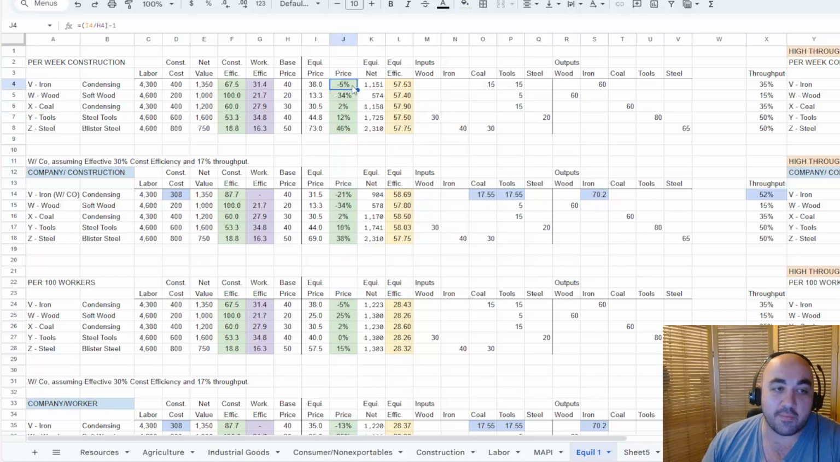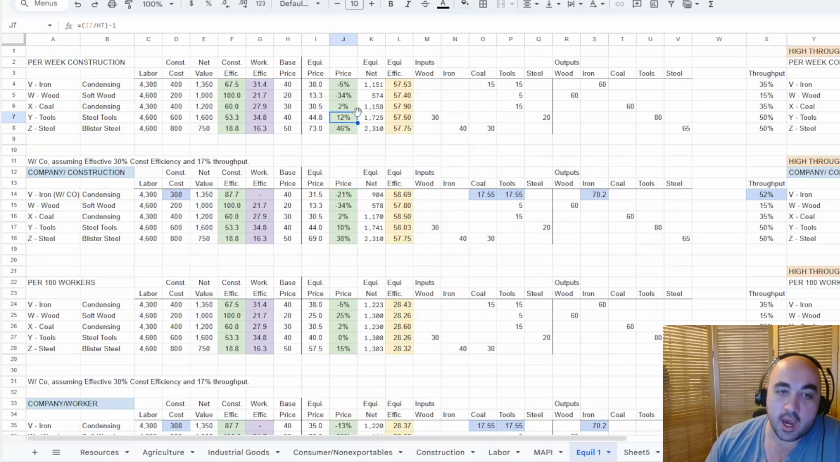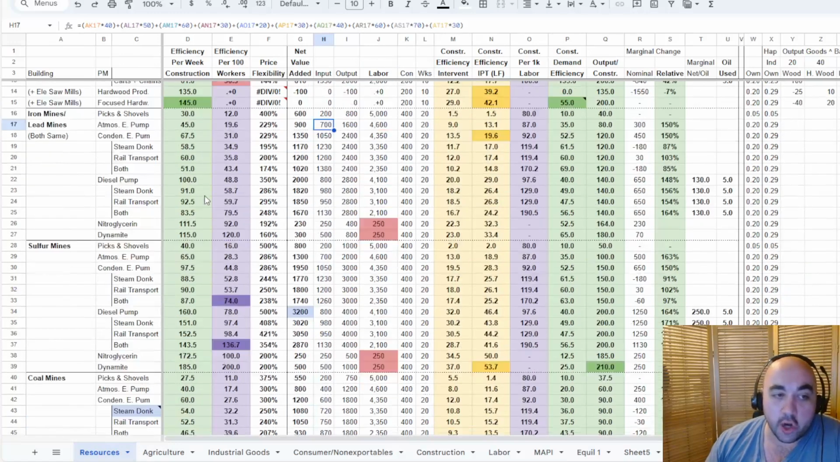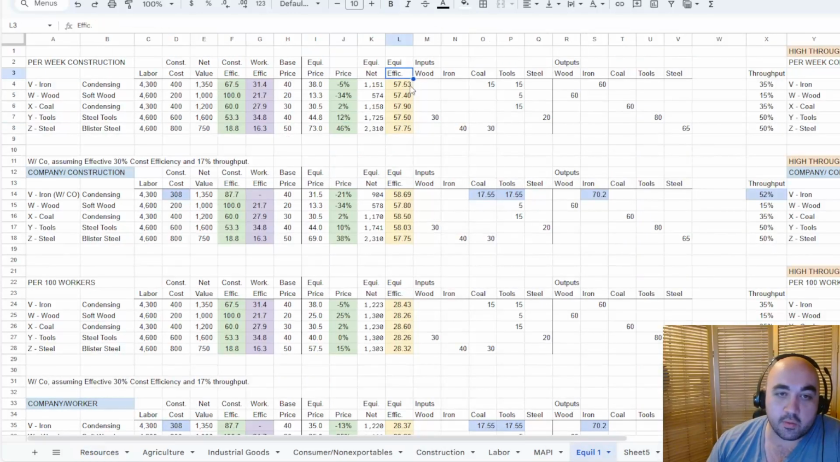So the output is minus 5% on iron here, and the inputs, because there's 15 of each, will be an average of the price of both tools and coal, which we see is 2% and 12%, and so the average of this will be 7%. So if we were to come over to the Resources tab and go down to the iron mines, we would be able to, for atmospheric engine pump, plug in a minus 5% output price and a plus 7% input price, and we would actually get the exact same efficiency per construction that we have here over in the equilibrium table, which is going to be